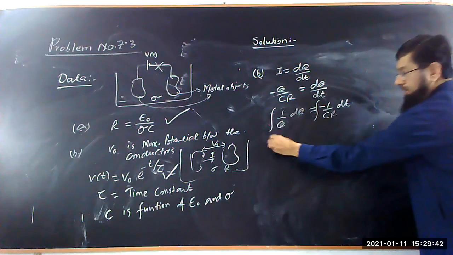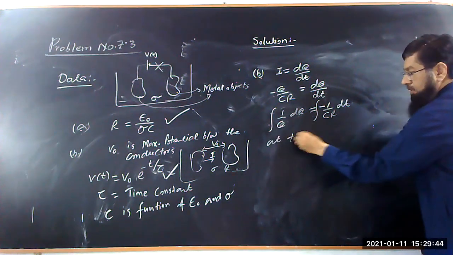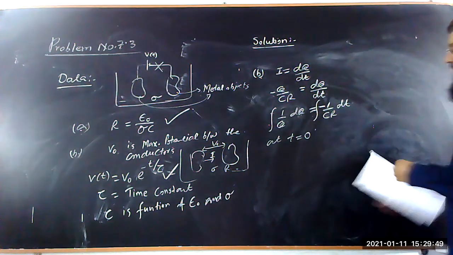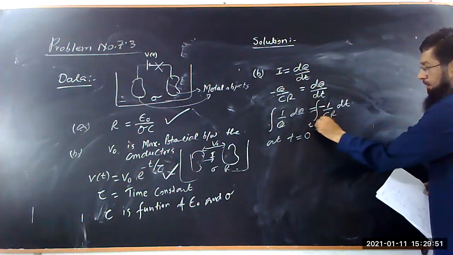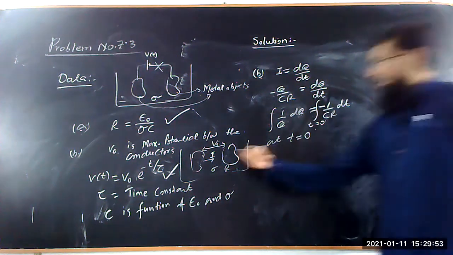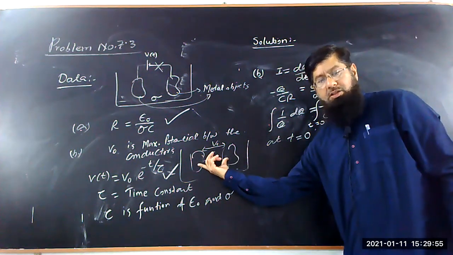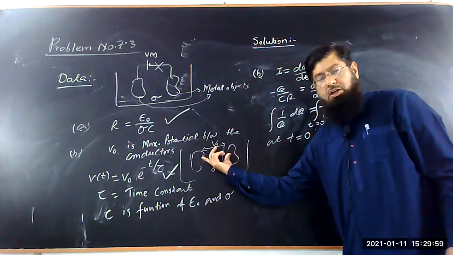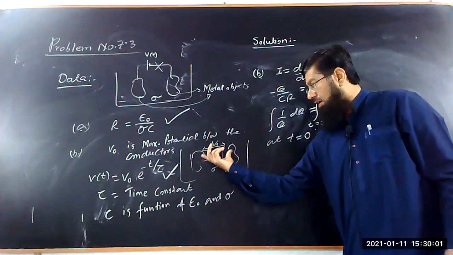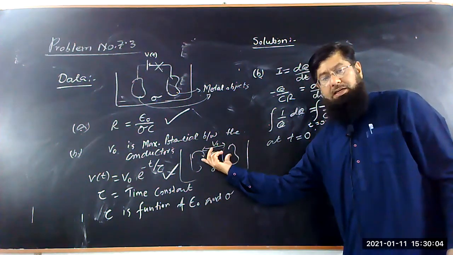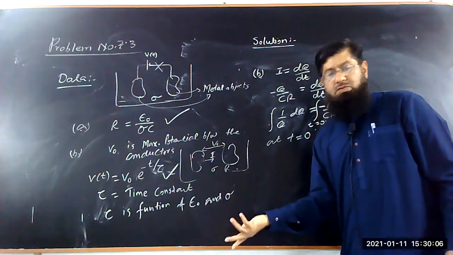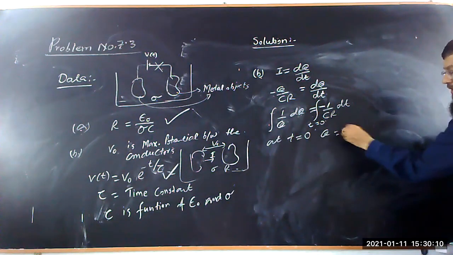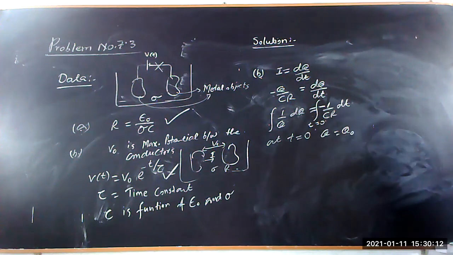At time t is equal to 0, at the start, we say that this is fully charged. When we start our time, this was fully charged. So it means the number of charges on this metal conductor is the maximum charge, which we call Q naught, let's say. Q is equal to Q naught, which is the maximum charge.